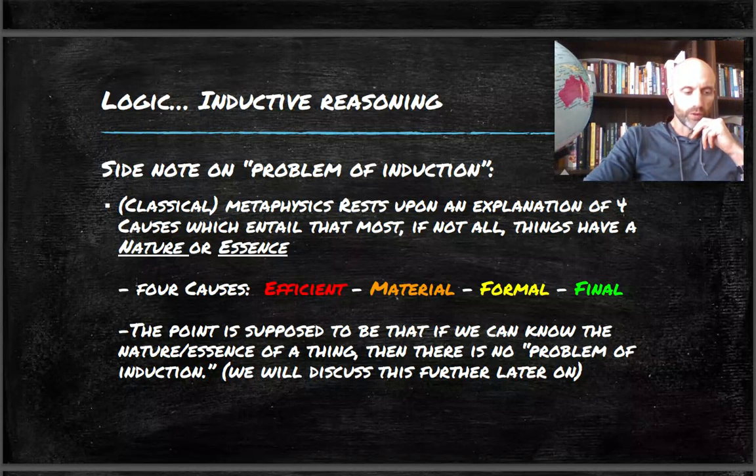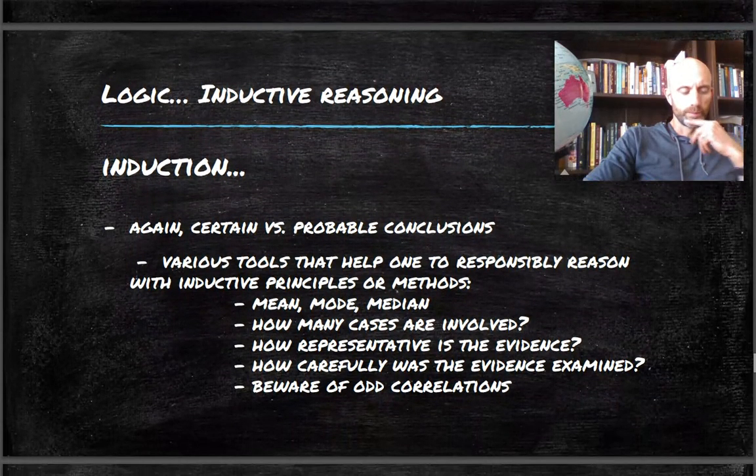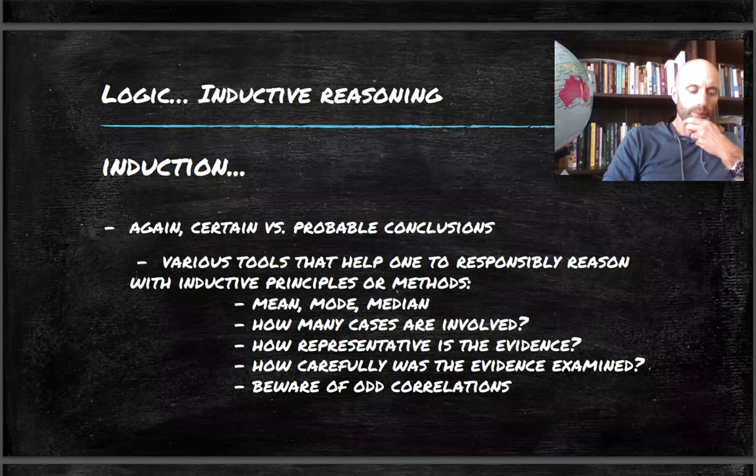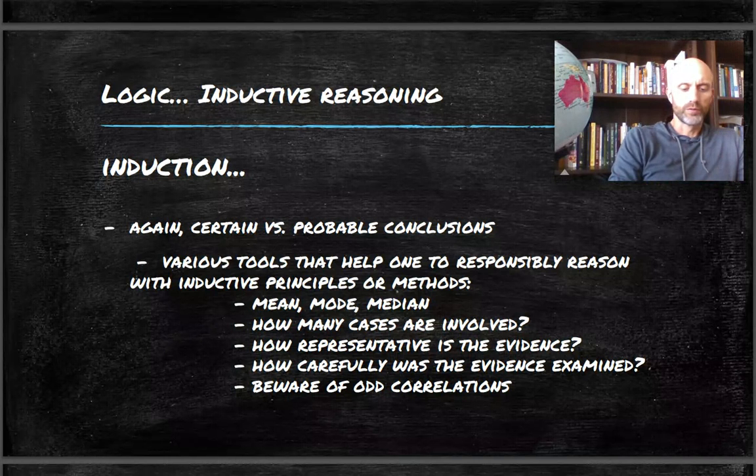So on page 134, it says the nature of probable conclusions. Yes, it is probable. It still is a probable conclusion, say something like that all mortals die, but it's not probable in the same way as rolling dice or watching ducks walk through the living room. Just the nature of what it means to be inductive reasoning, your conclusions aren't certain in the same sense as a deductive argument, because it's always, quote unquote, logically possible that you've missed something there. Now, they spend a great deal of time,